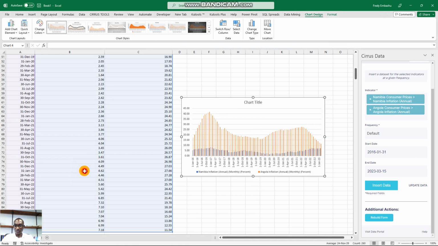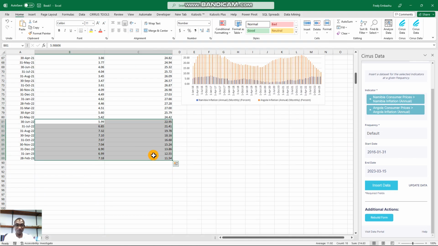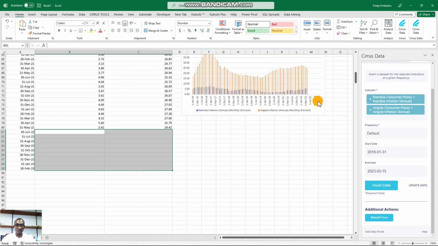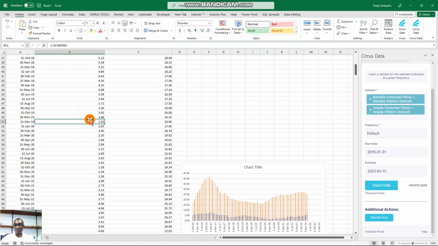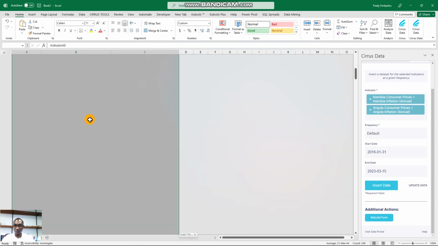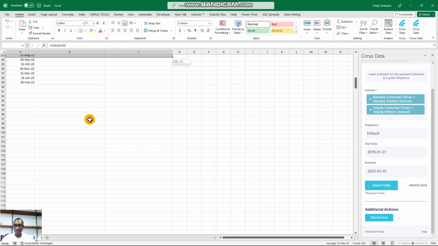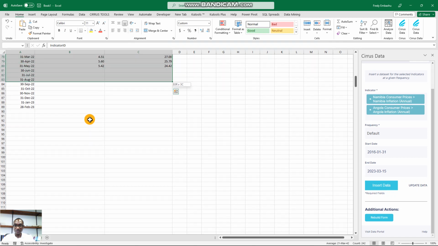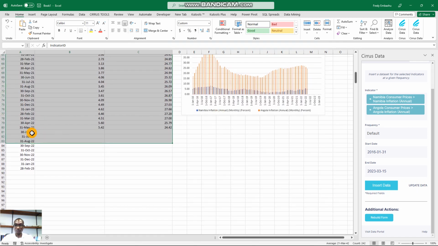Let's say these are the preceding months from today. Of course, I can just remove that from the chart and all this data gets updated every month. So what I'm gonna do is, okay, the Angola inflation data came out today or Namibian inflation came out today. So I'm just gonna select that from the row that has indicator, all the way to the last date that I want the system to update the time series. So if I want it to update until August,